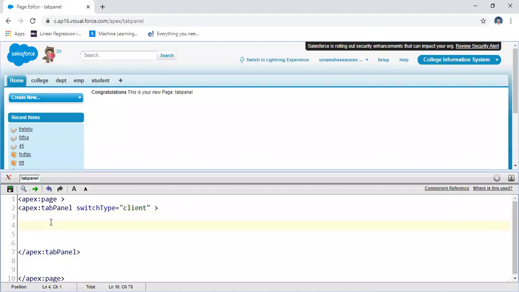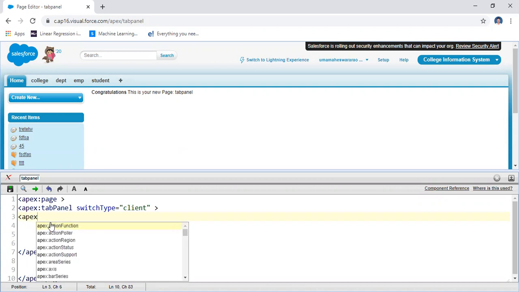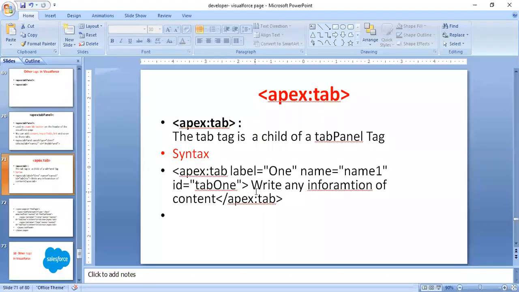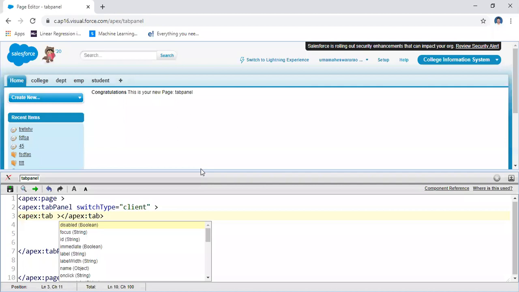Here you have to write apex colon tab. What are the attributes here? Three different attributes: label, name, and id.